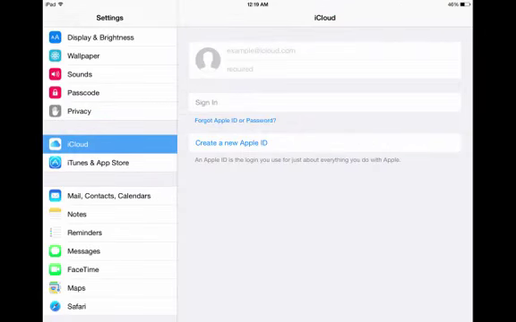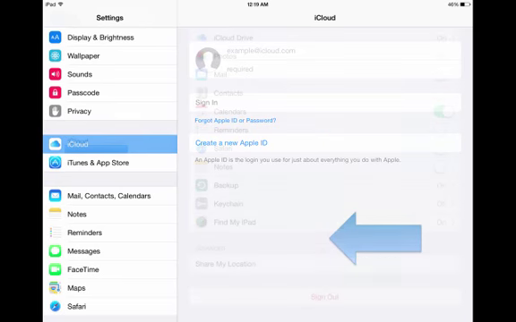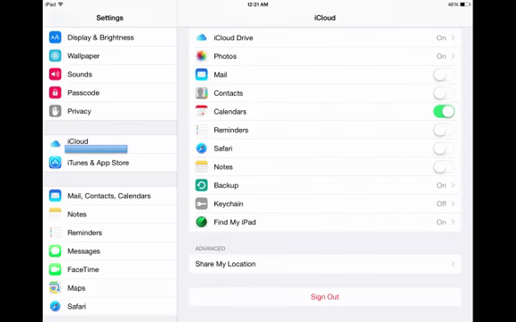Well, to start you're going to click on the Settings app and then onto iCloud in the left hand column. From here, in case you have never signed up for iCloud before, all it really does is use your Apple ID to create a secondary account, kind of like how we use Google Drive. And if you don't know that, don't worry, we'll talk about that soon. So in this area up at the top, you're going to put in your Apple ID and your Apple ID password. Once you push Sign In, it will enable you